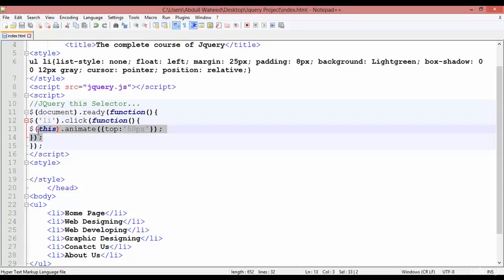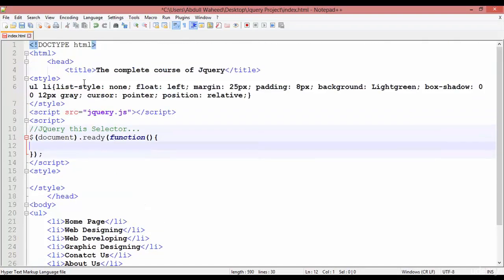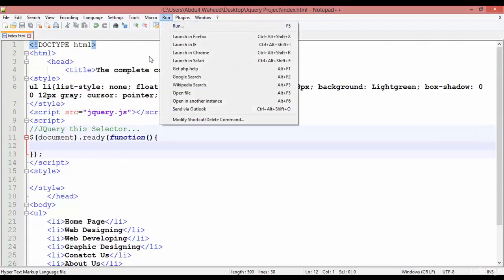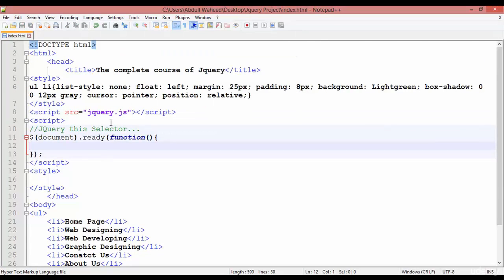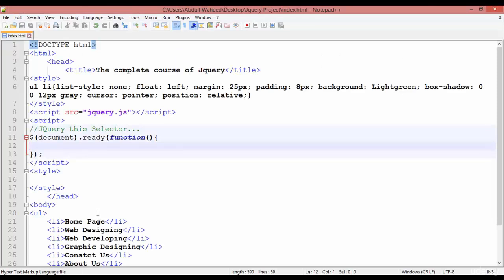You can just remove this area from here, save this and launch it in Chrome. It will remain the same, and we just have some links here. You can see there is no animation, nothing. And here in this class we are going to discuss something called the jQuery